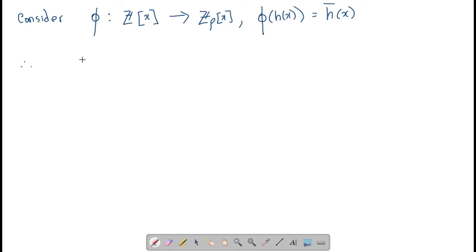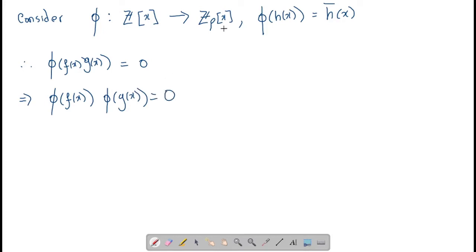Notice here that as the content of f of x into g of x is C, and since P is a divisor of C, it means that P divides every coefficient of f of x into g of x, which means that phi of f of x into g of x would be equal to 0 in Zpx. But we know that this is a homomorphism, so therefore we have phi of f of x into phi of g of x